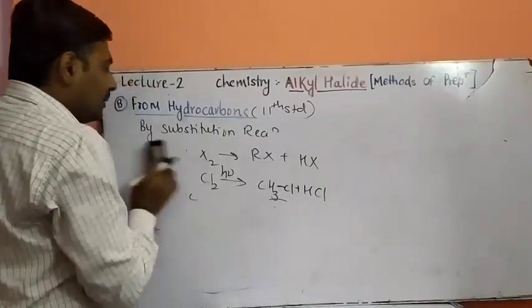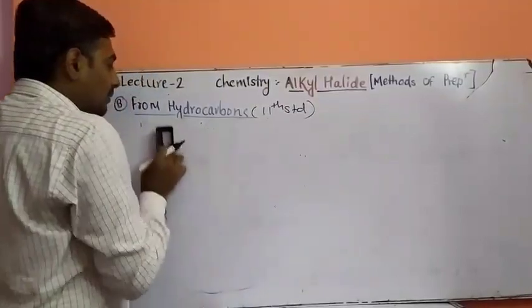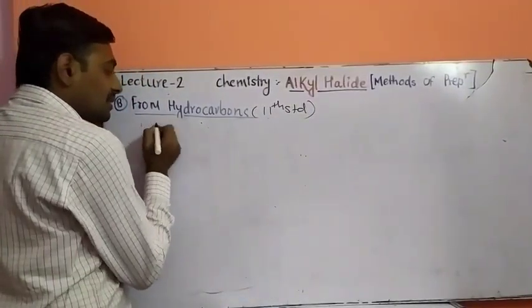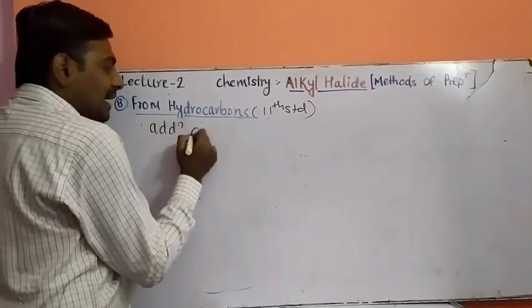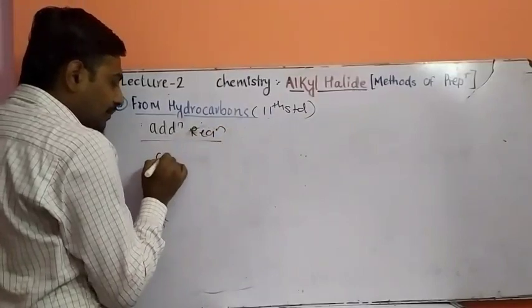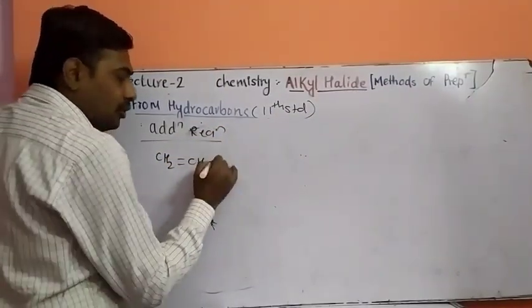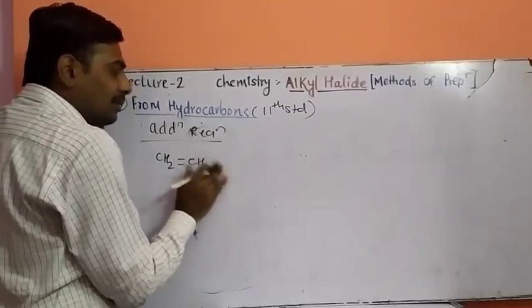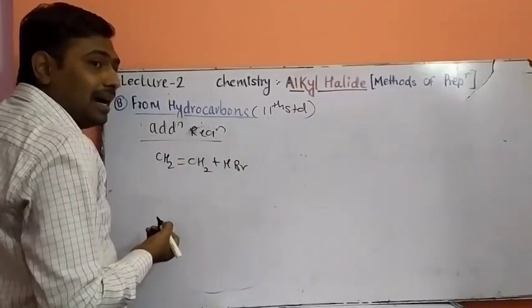Second one, preparation of alkyl halide from hydrocarbons by addition reaction. These were substitution reactions. Next, addition reaction. So what is the addition reaction? See, any double bond or triple bond, when reacted with HBr, HCl or HI,